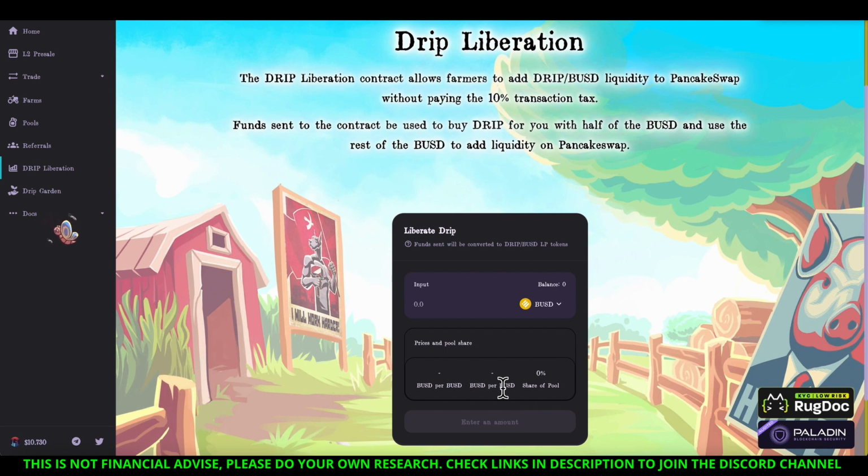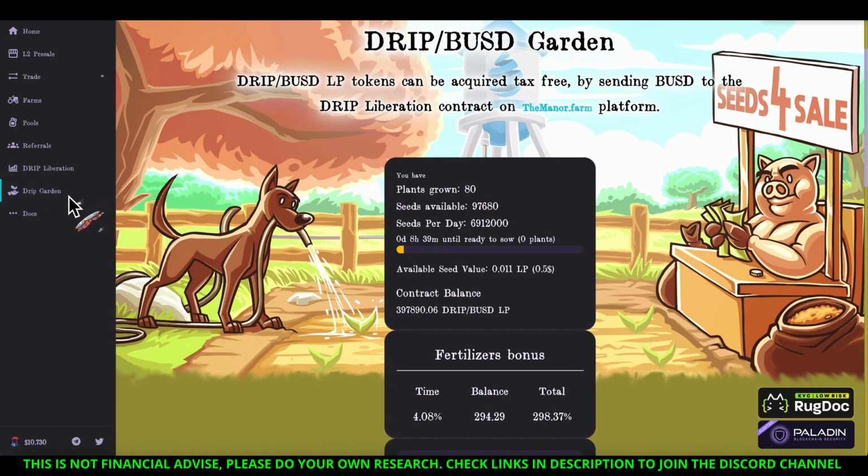This is what I did, all right? So I supplied my BUSD, 100% of it just went in. Then you go over to the drip garden. At that point, you'll have your drip BUSD liquidity. So you're adding, half of it goes to the actual PancakeSwap, and the other half comes to this, where you can now plant plants that generate seeds, and then those seeds you can compound to get more plants, to plant more seeds. If you want, you can remove some of that and then you can sell the seeds,